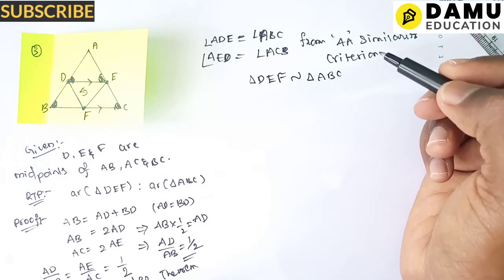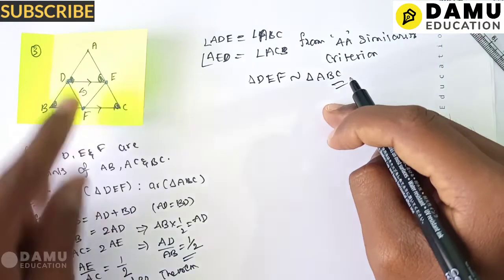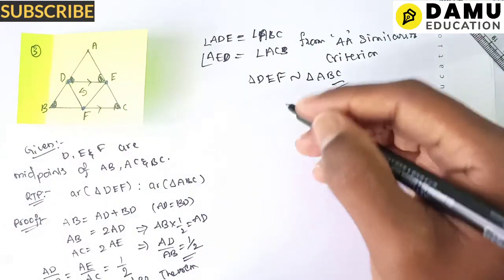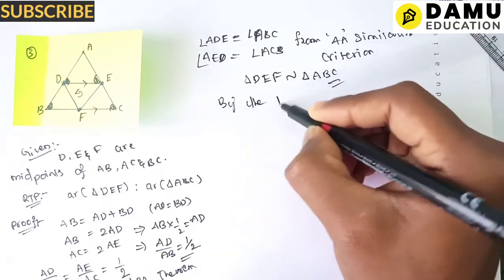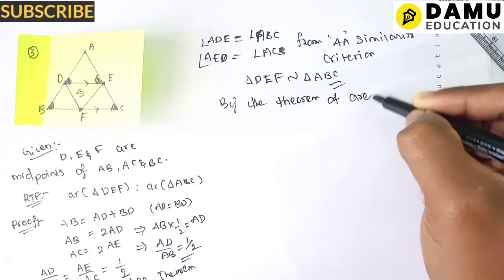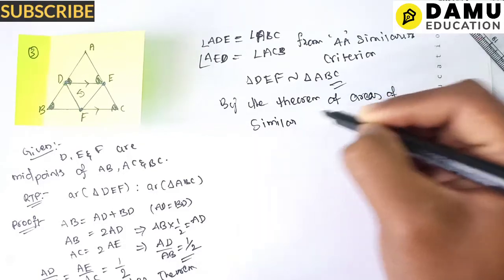Now, if two triangles are similar to each other, then by the theorem of areas of similar triangles,